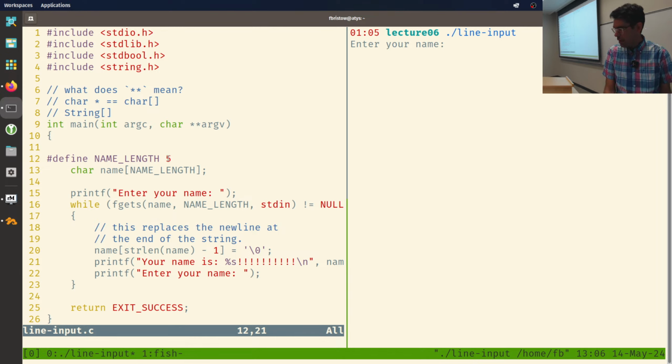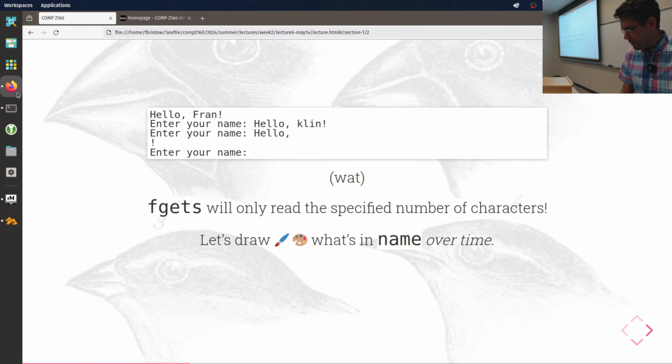This is a little bit of a problem for us, because I'm not going to draw what's in name over time, because we can kind of imagine what's happening. It's taking just one chunk and then the next chunk and just overwriting what was there before. The solution to this problem is,